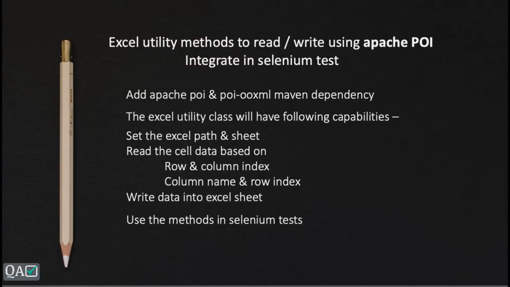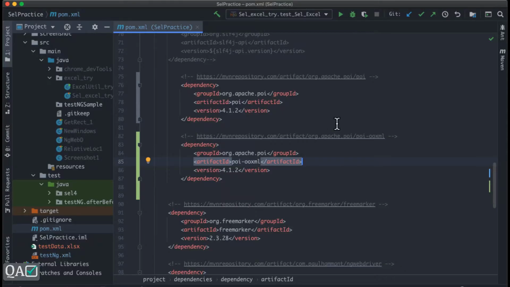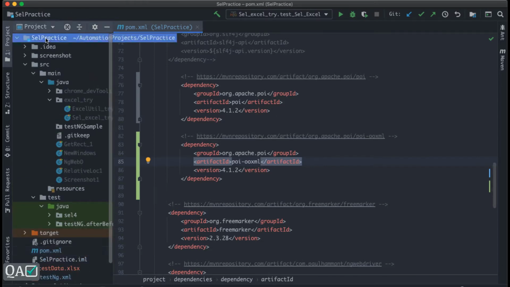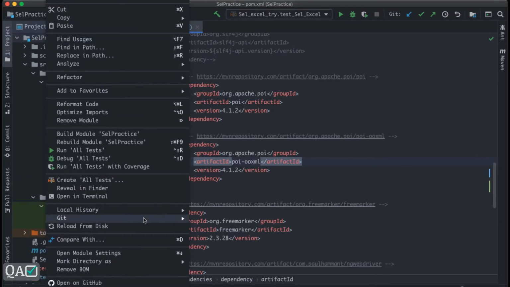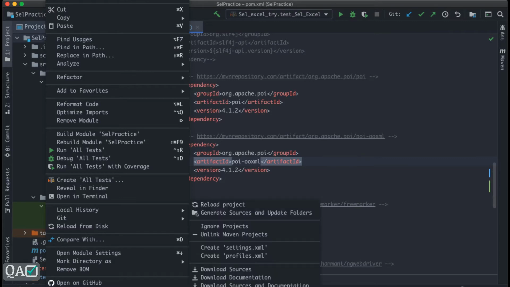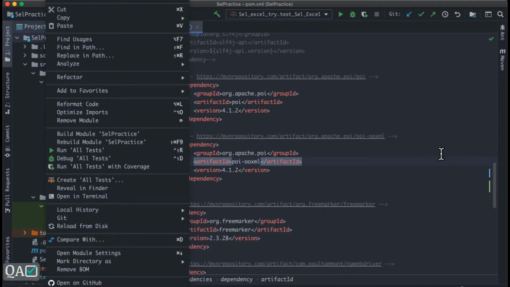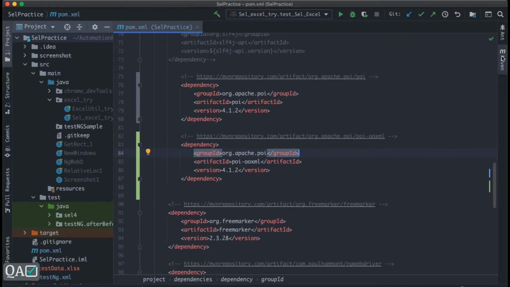After you add it into your pom.xml, you can go to your project, right click on that project, go to Maven, and here you can see Reload Project. Once you reload that, it will check whether all the dependencies are installed into your framework or not. If you are not getting them, sometimes what you can do is, on the right hand side,